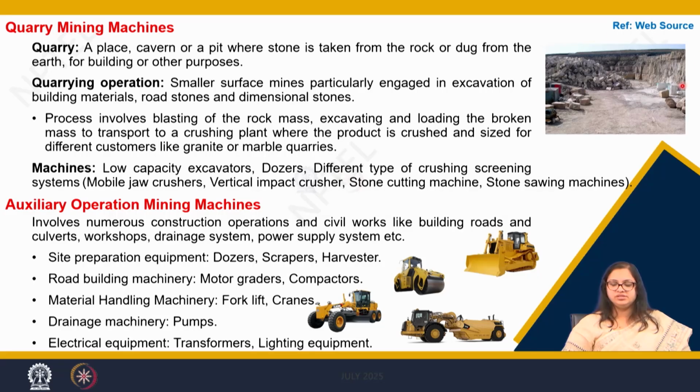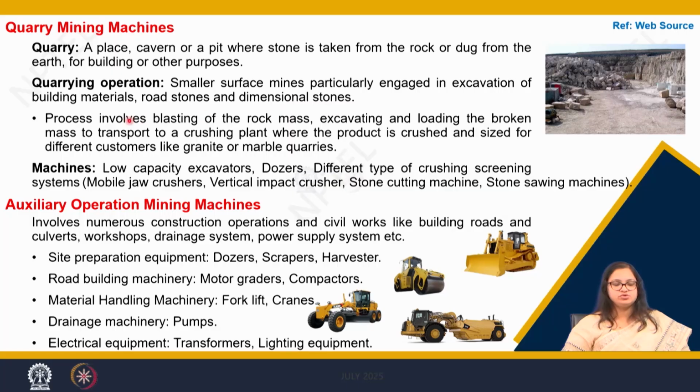So if you see here, this is how a quarry mine looks like, where we have a number of boulders, where this kind of boulders are machined for building purposes. Now the examples of such mines are limestone, dolomite, marble, granite, and other such stones which are used for building purposes. Now in quarry mining operations, smaller surface mining machines are particularly engaged in excavation of building material, road stones, and